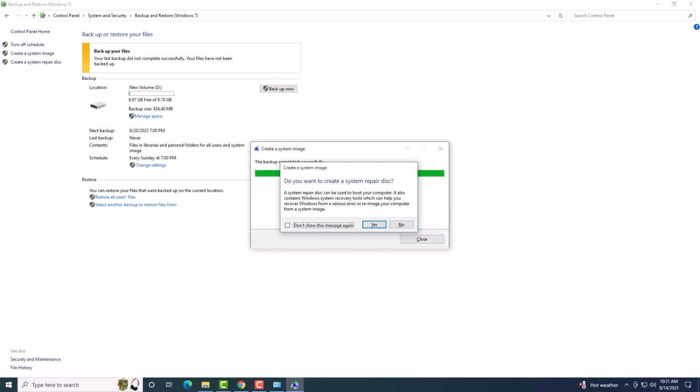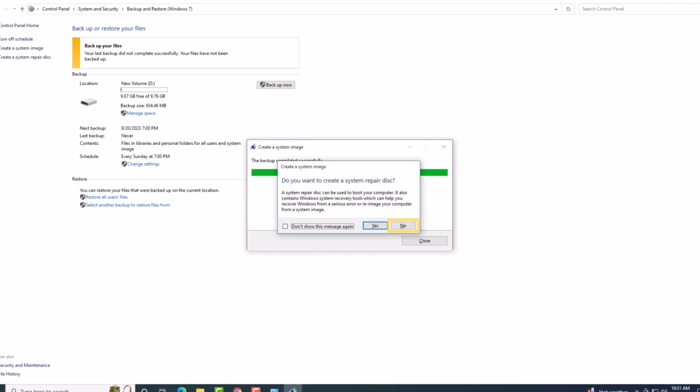Once finished, Windows will suggest creating a system repair point. This is a proactive measure in case Windows encounters critical errors or fails to start properly. Choosing No won't affect your original backup. Should you need to restore the backup, you'll need to boot your PC from a Windows 10 installation disk or